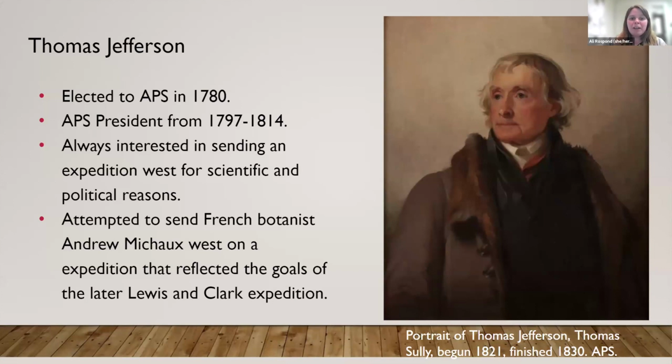He sent Michaux out there with pretty similar goals to Lewis and Clark: finding a passage out west, collecting information on plants and animals and bringing back those species, and engaging in talks with the indigenous people out there. So it sounds pretty matter of fact, right? Unfortunately, Michaux got into some trouble with international politics, with Citizen Genet and some spying. So this expedition didn't get very far before it was canceled. So it takes until the Louisiana Purchase, and in 1803, Jefferson nominates, puts forth his secretary, Meriwether Lewis, to be